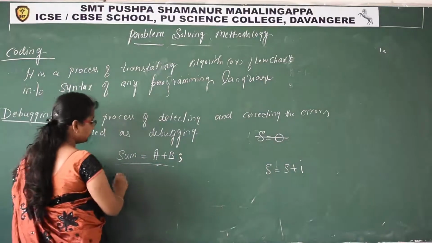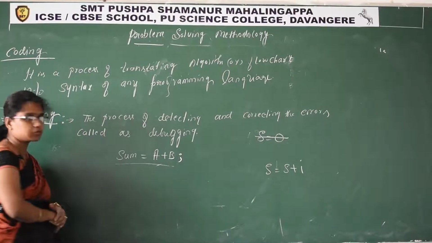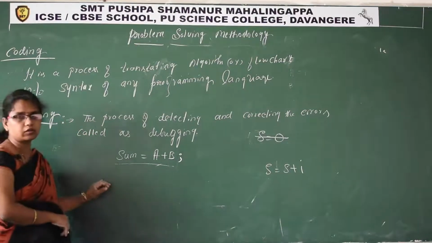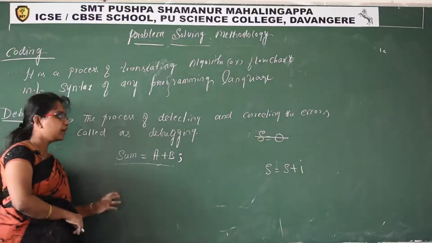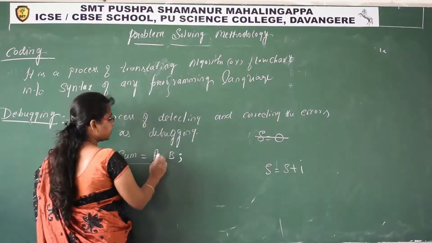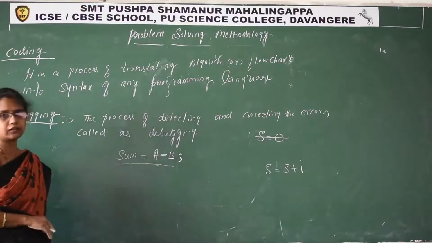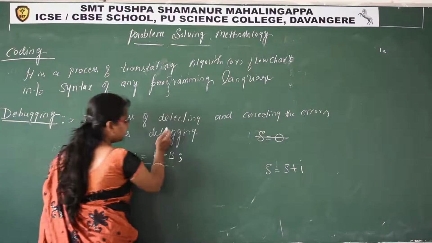That is, I showed you a plus b is equal to sum. That is wrong. That is semantic error. And instead of plus, if I write minus here, that is logical error. You will get a wrong output. And one more thing,